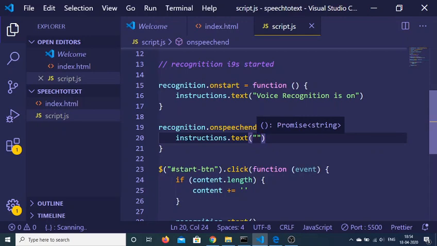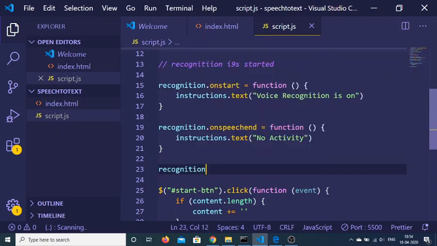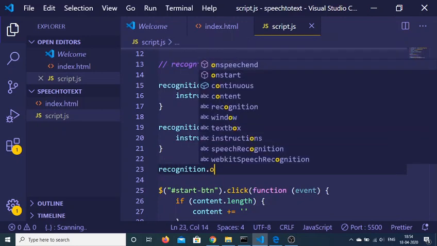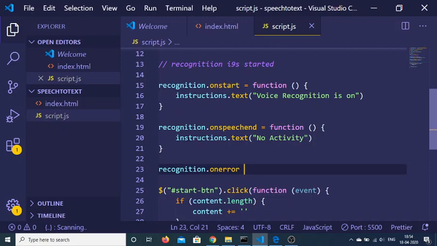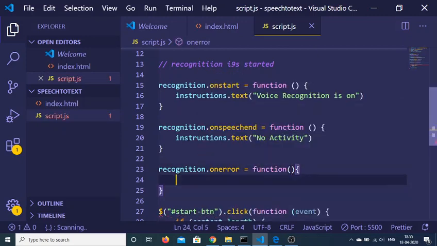Let's suppose this time, no activity. And the last function which is there inside recognition, which is on error. So if any kind of error takes place while recognizing your voice, this function will execute, and this time we can just write instructions dot text, try again, like this.